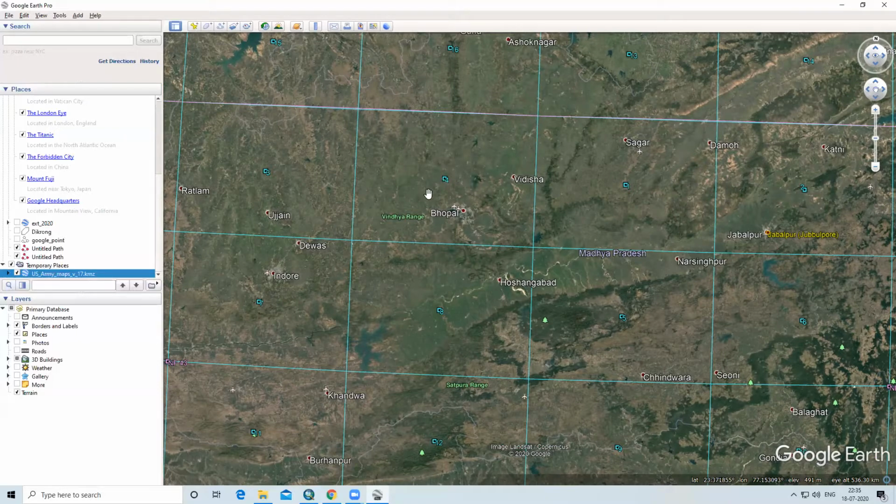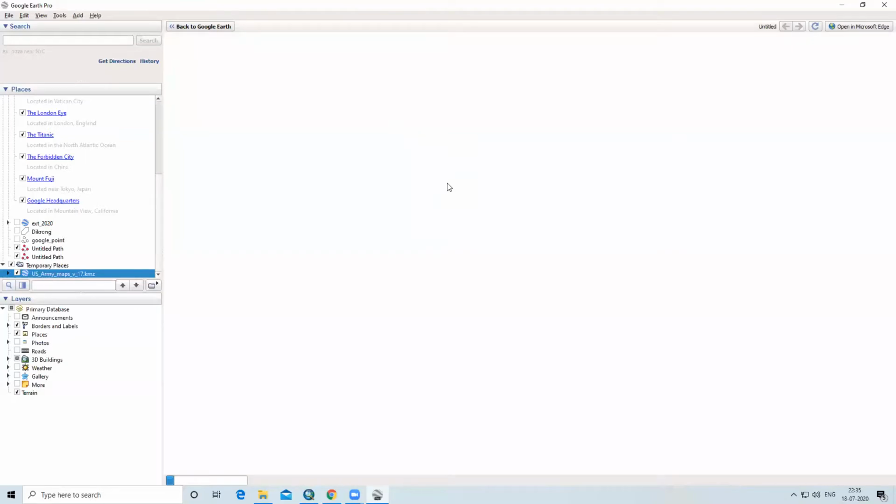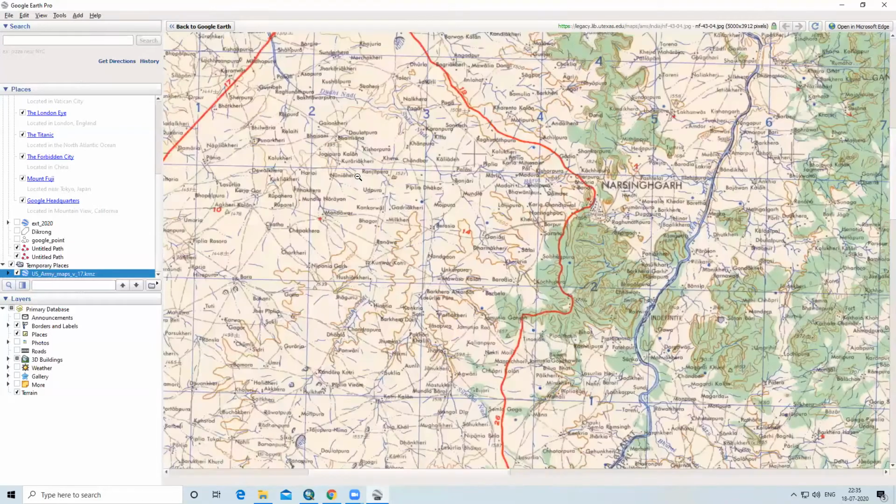It will take a little bit of time as per our internet. So now it's loading. We can see the topographical map here. So the topographical map is downloaded here for the Bhopal area.